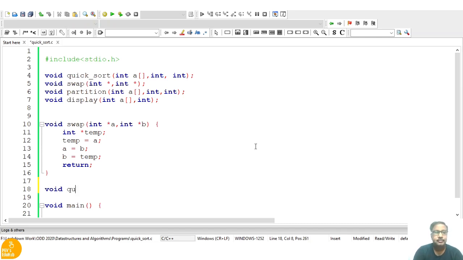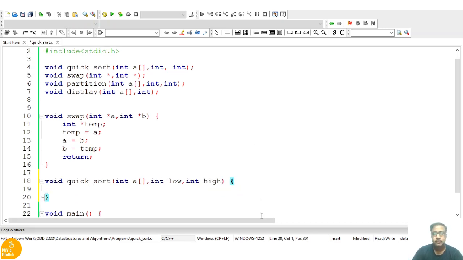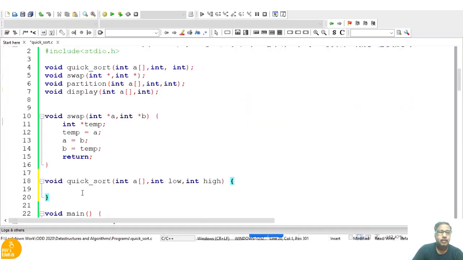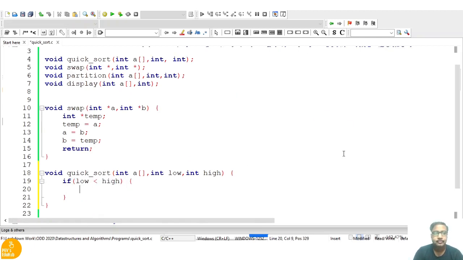Void quicksort of int a, int low, int high. Now, how long do we need to do this? If low is less than high, then what we are supposed to do is partition. PI is the partition index.